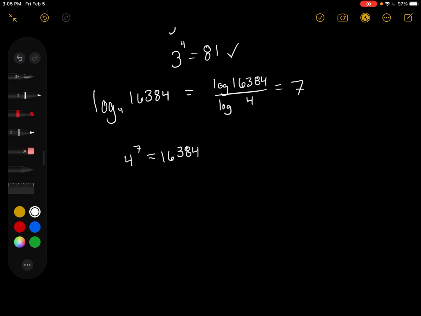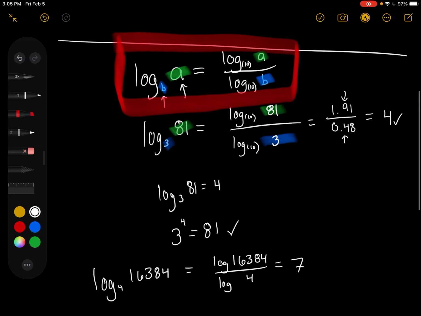So using this trick is the key to being able to calculate unknown exponents, or if you have something you don't know what exponent it should be, this is going to be the answer. So again, use this formula, use log base 10. We're just putting our big number on the top, and then the implied base, the small number on the bottom. And if you do that,